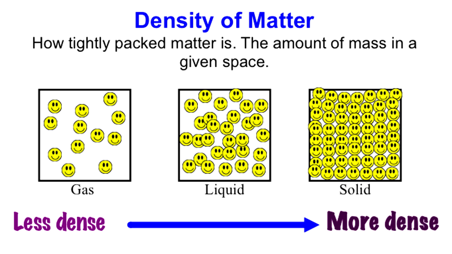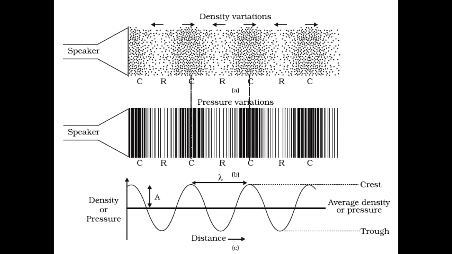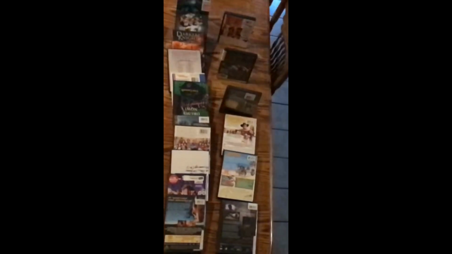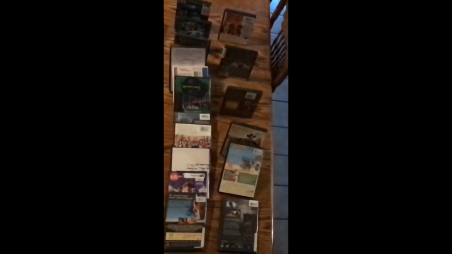Now in sound, I'm going to give you a different example of density. The box analogy is a good introduction to density, but for sound, I actually have a link in my book to a video of some dominoes where this is demonstrated. If I had two sets of dominoes, and one set had a lot of dominoes right next to each other, basically touching, and the other dominoes were spaced out like normal, and I started knocking over these dominoes at the same time, the dominoes that are really closely packed together will actually get knocked over faster. The wave will travel through those dominoes really fast. The dominoes that are spread out will be slower because they're less dense.